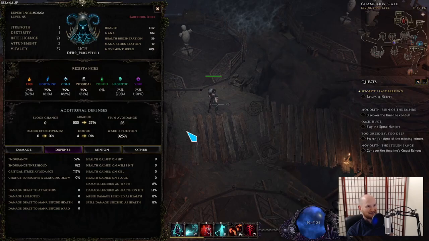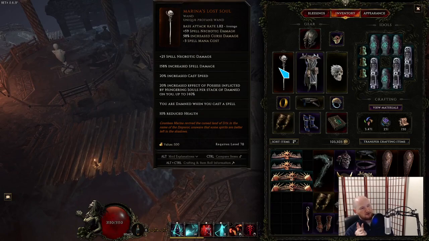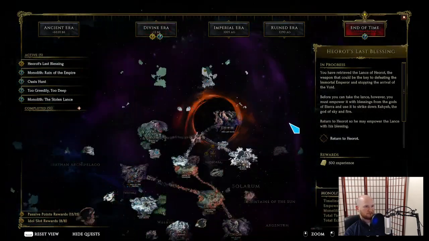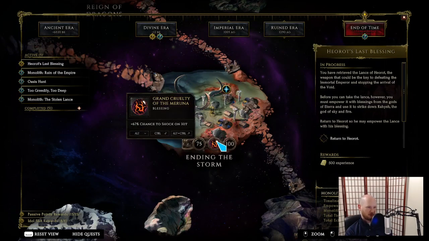So I think the last thing to say is not so much about what we've done with this specific character, but just talking a little bit more about Marina's. While I was playing the Rip Blood build, I actually used my blessings in a different way. I still had shock, which I intentionally farmed up. It took me like 2 or 3 kills in order to get shock from this,